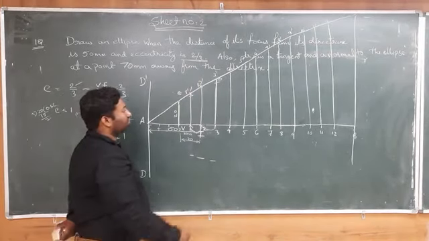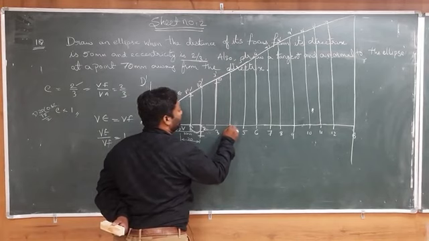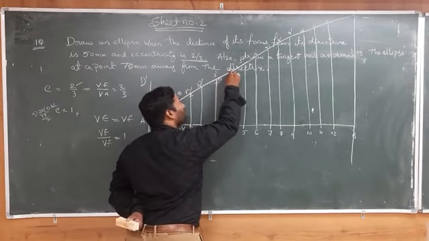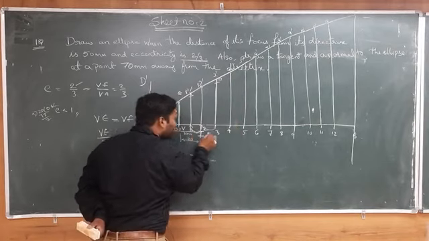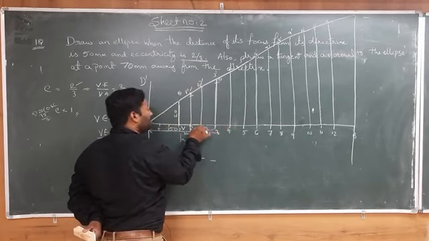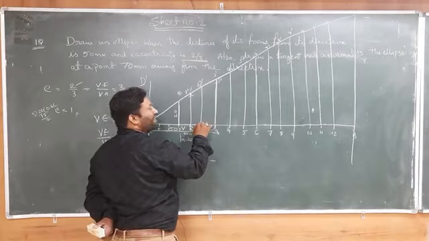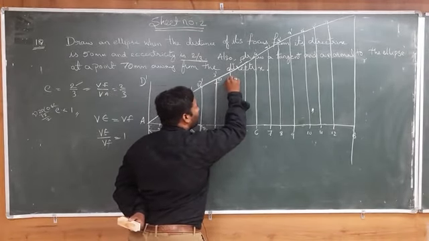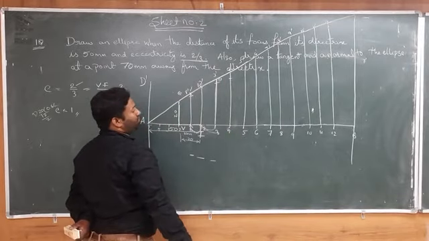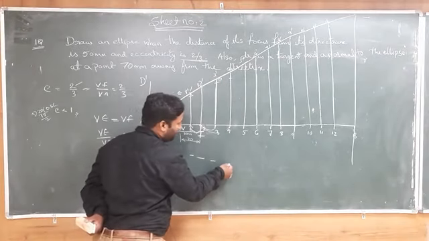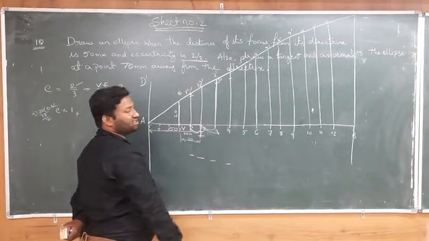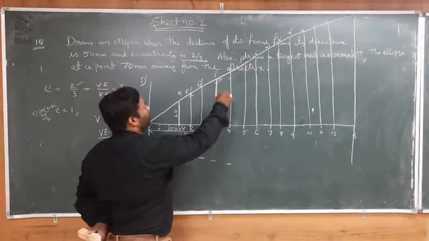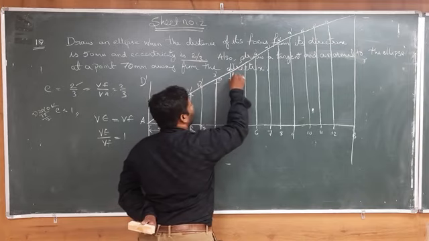Now we will continue the same thing. Again we will measure the dimension with the help of the compass from 4 to 4 complement. Again we will shift the center from 4 to the focus. By maintaining the same radius, we will cut the arc on the 4 complement line, and we will cut at the bottom also at the same time. So here we will mark this point as P4.